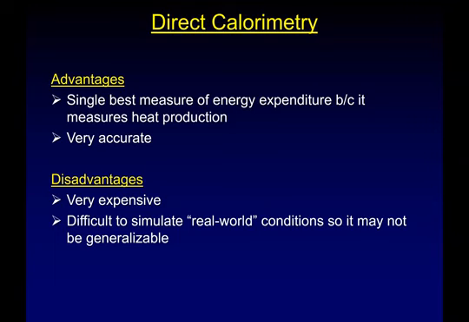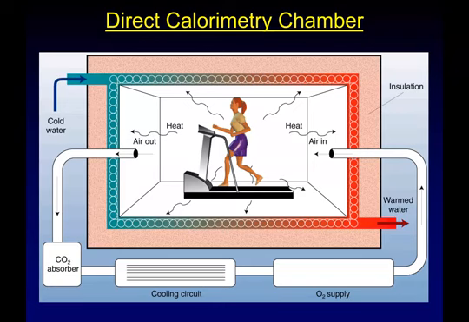Okay, we can put you in a device. Most of the time, direct calorimeters are small rooms. We put you in a room, okay, and we measure how much heat you give off. And the way that we do this is in the walls of the room. Do I have a picture? Yeah. In the walls of the room, there's all of these little copper pipes, and through those pipes, they run water. And we know the temperature of the water in those pipes, okay? And the walls are very, very thin. You give off heat. That heat moves through the walls. It goes into those pipes and it heats up the water.